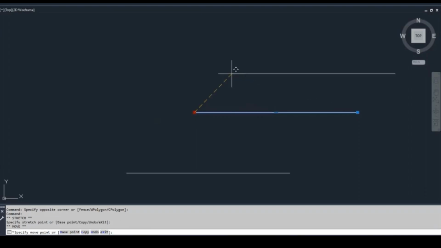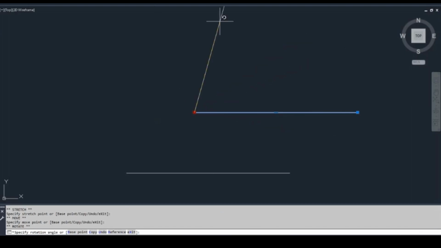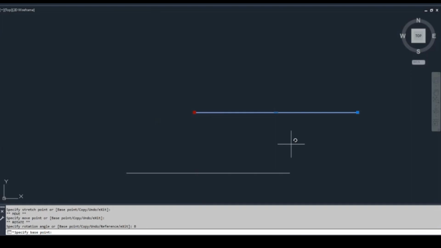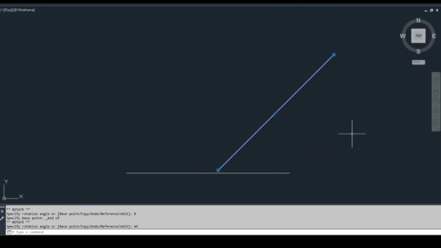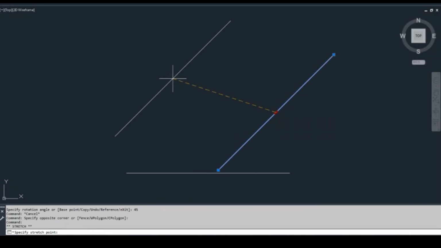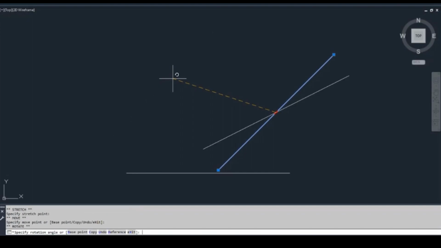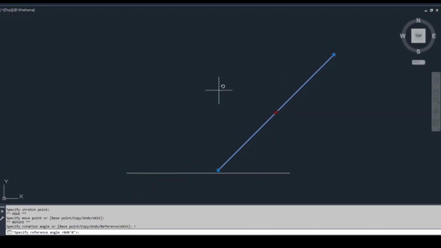The same thing happens if I hit spacebar to move it. I'll hit spacebar again to rotate it. It has different options in regards to the base point. I can set the base point in the middle and give it 45 to rotate 45 degrees. Clicking it again, hitting midpoint, spacebar to add my rotation. I can give a reference to an angle. So if I want from the center here to be referenced to this end, I can do the exact same thing by typing in R, giving my base point,